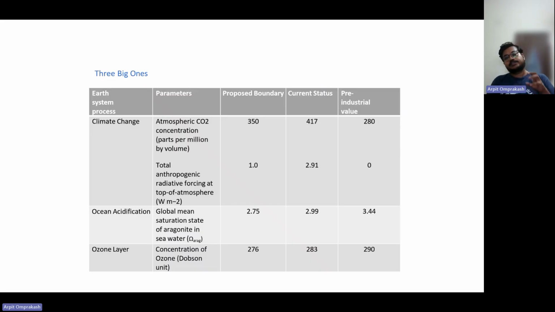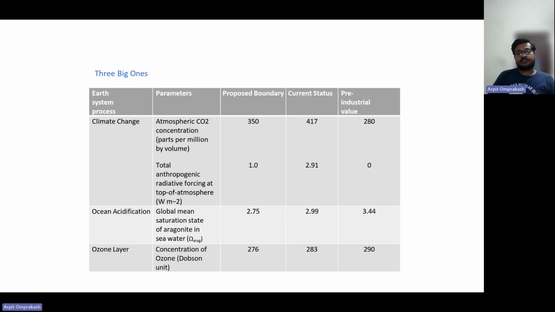That is generally seen as a benchmark of all these climate change and anthropogenic impacts, because before industrialization there was little to no impact of humans on the earth as a whole, but now after that it has increased quite a lot. So therefore the pre-industrial value is often taken as the baseline in many cases. So let's go over the 3 big ones first.